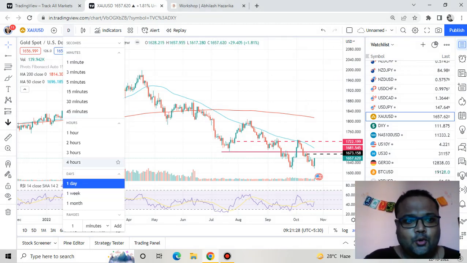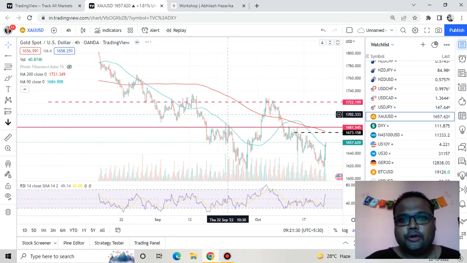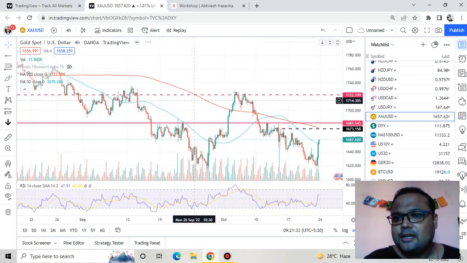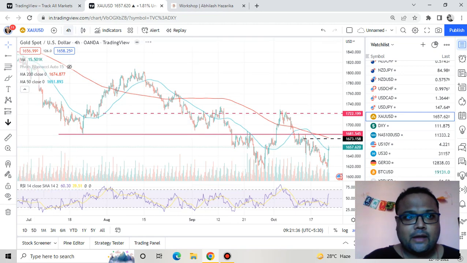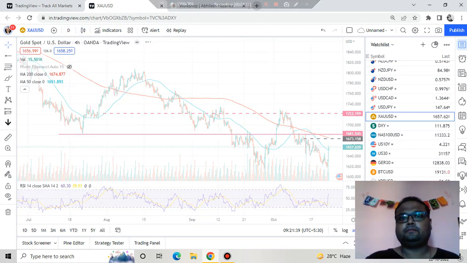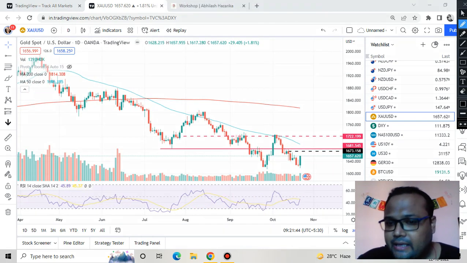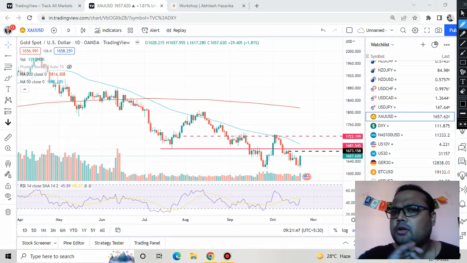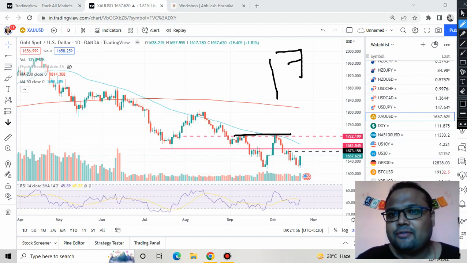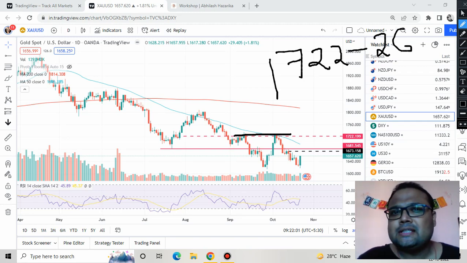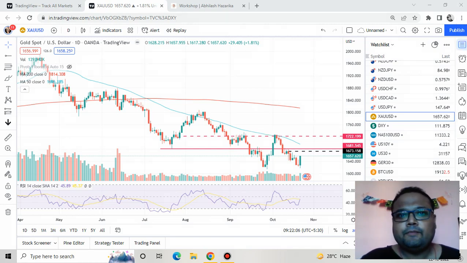Now let's look at the important levels for Monday. You can see that I have got many lines here on the chart. Let's try to understand these lines one by one. First of all, one thing is very much clear, that if the market goes up, or shows good signs of recovery, then this resistance will be very, very important for the market. The resistance of 1722 to 1726, or you can also consider it as 1730. This will be a very important resistance for the market.